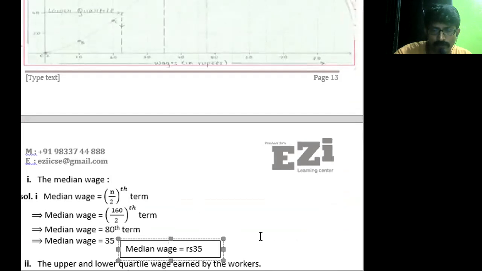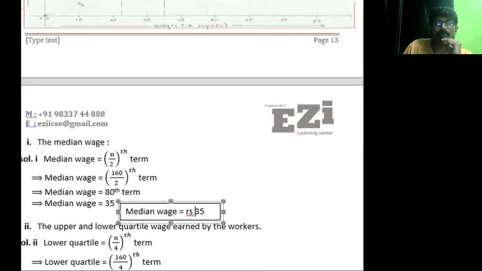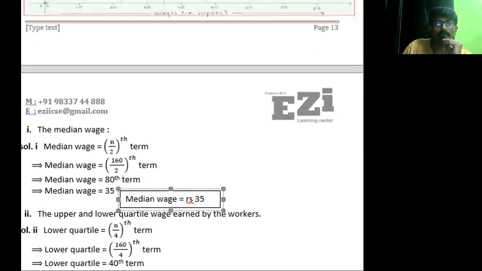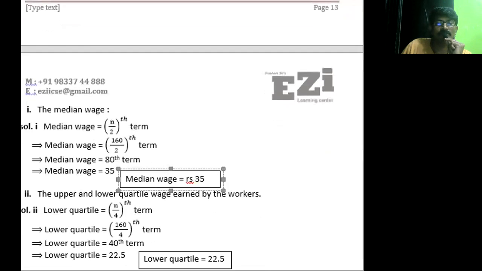ओके, आगे वाला क्वेश्चन पढ़ते हैं। आगे वाला क्वेश्चन क्या है, अपर क्वार्टाइल एंड द लोअर क्वार्टाइल। सो अपर क्वार्टाइल के पहले लोअर क्वार्टाइल देखते हैं। लोअर क्वार्टाइल क्या है बच्चों, लोअर क्वार्टाइल का फॉर्मूला रहेगा n by 4th टर्म। n by 4th क्या रहेगा, 160 अपॉन 4th टर्म। 160 अपॉन 4th टर्म क्या रहेगा बच्चों, 40th टर्म। नाउ सेम चीज ऑन द एक्स एक्सिस हम लोग 40th टर्म पे चले जाएंगे।